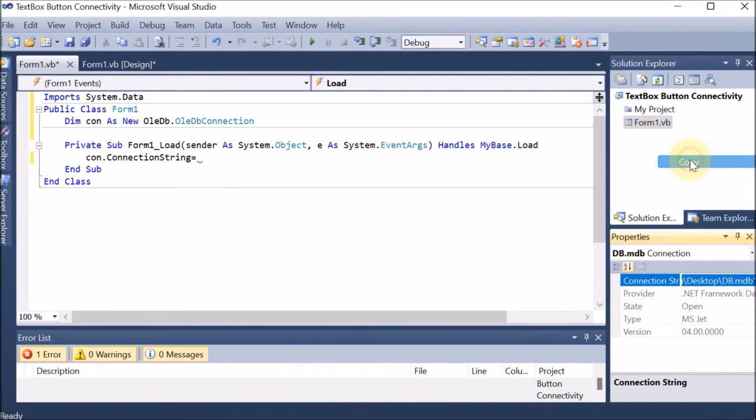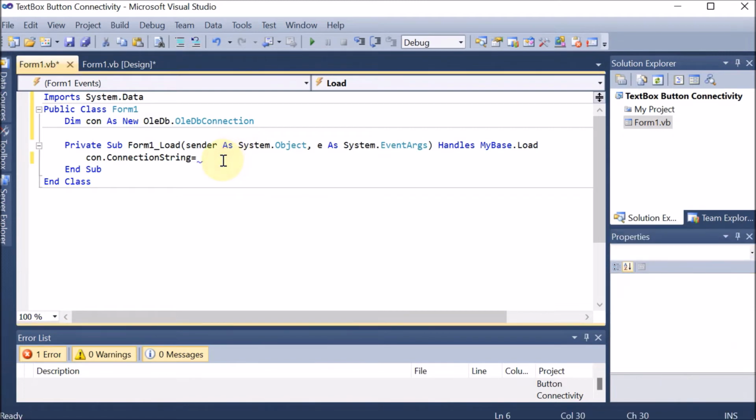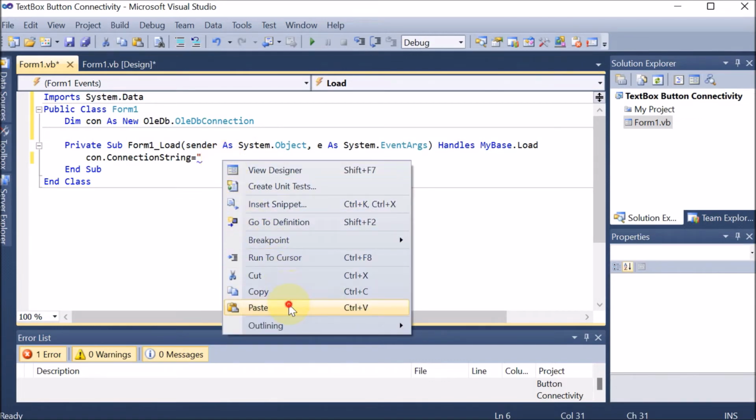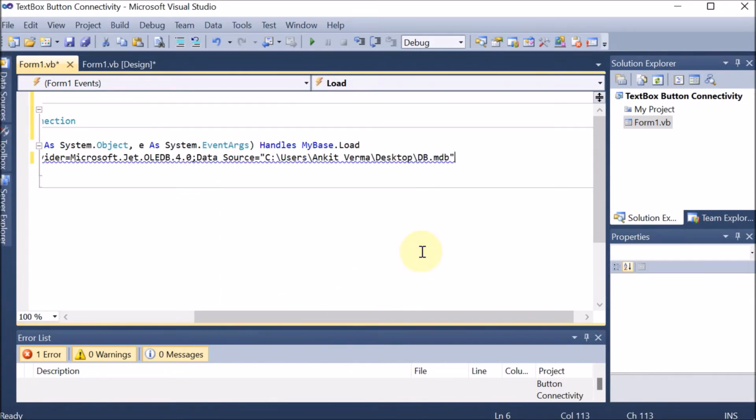Right click, copy. Then here we have to paste that. So put the double quote, then right click and paste it. Then again at the end double quote. You can see that double quotes are already provided, so we have to remove that because it is not required. So these double quotes we have removed.